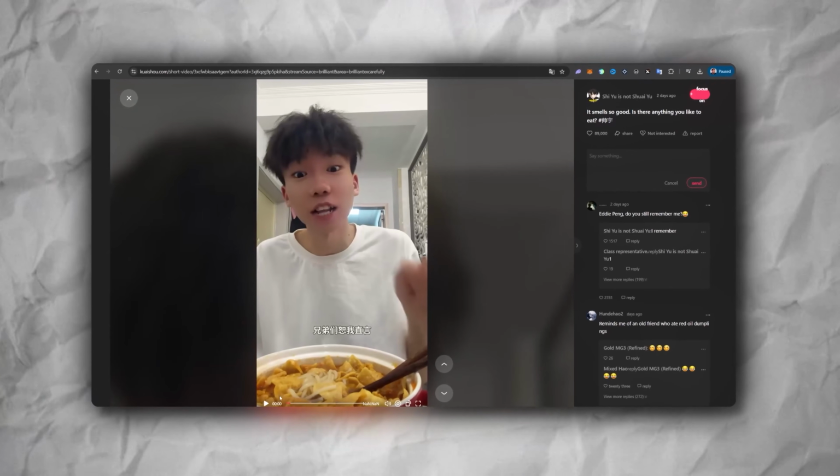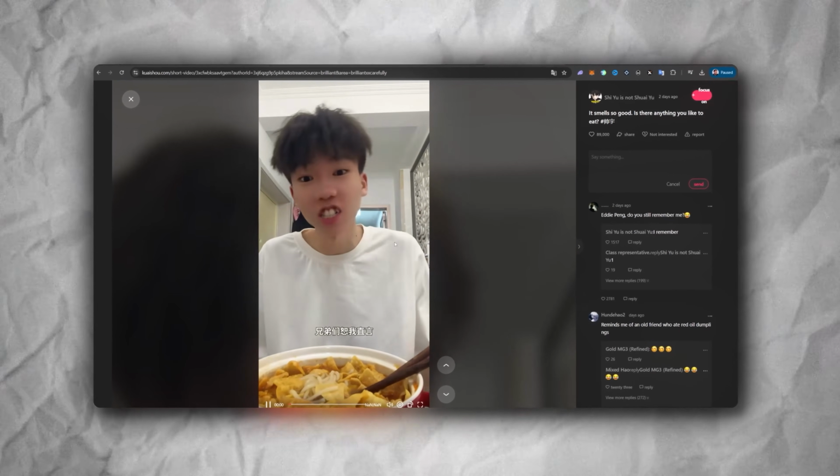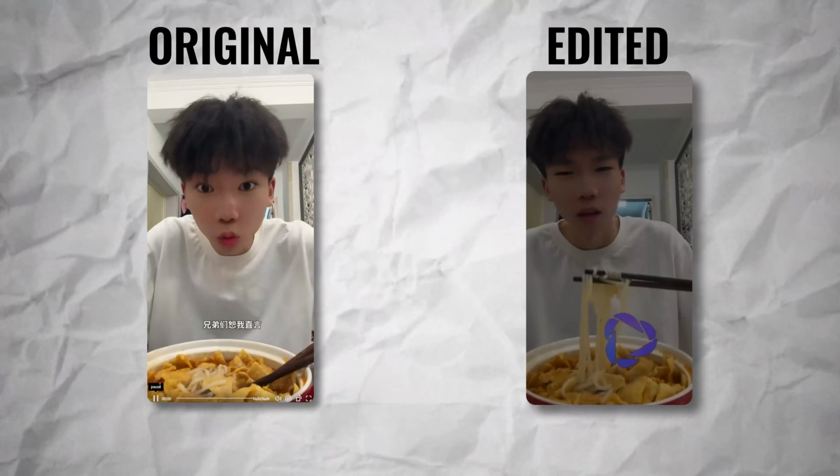Way number one, we're just going to scroll on Kuaishou until we find a talking head video of someone in Chinese, and we're going to be using an AI to then translate the voice and copy the mouth movements to make it look like they're talking in English. And the video itself went from sounding like this